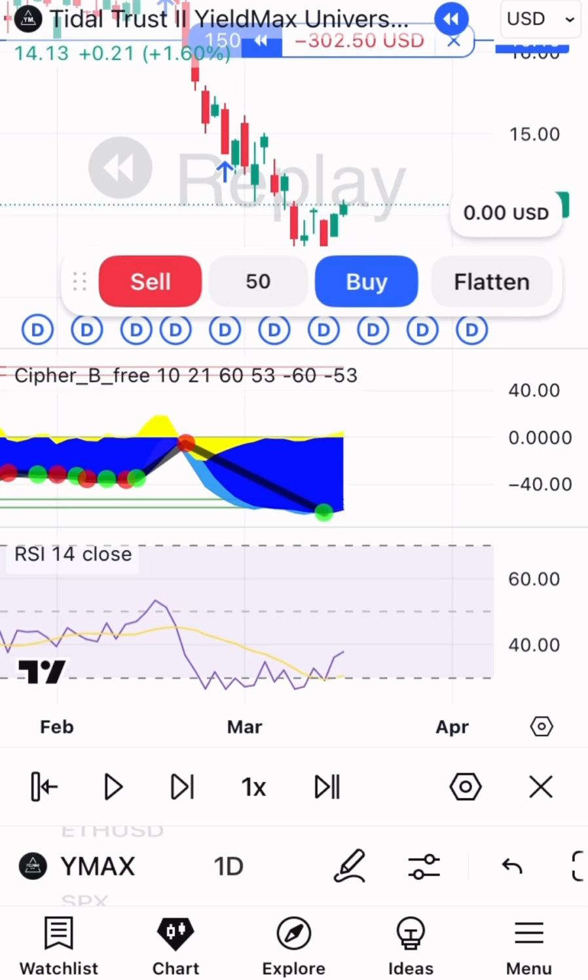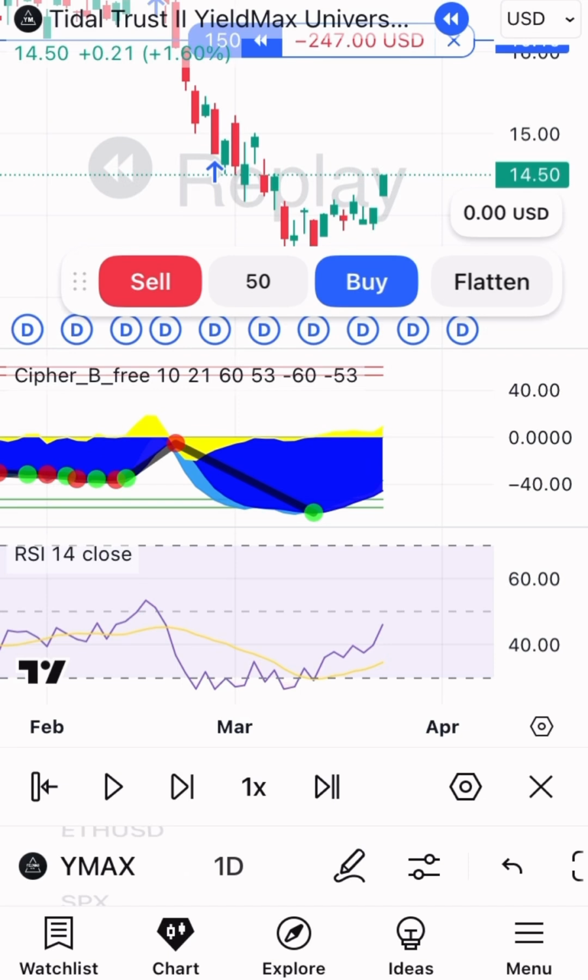Okay, keep holding. So the extra 50 shares, that money came from margin or cash that I have. If you want to use margin, you can use margin. Or if you want to use your money, you use your money. So 50 shares, that's what I just put. You could do however comfortable you feel. I just did 50 shares for this example.